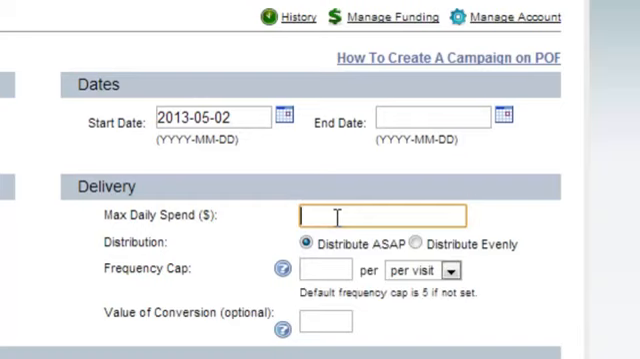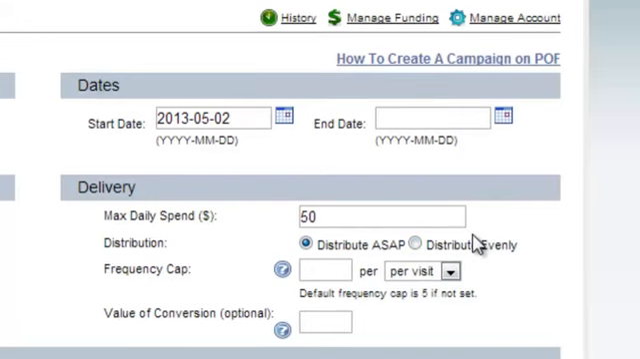I'll set this to a $50 daily spend for this campaign. Now we have the option to distribute it right away or to distribute it evenly. And typically newer advertisers want to distribute evenly so that they can spread their daily spend throughout a 24-hour period. But for those who want to gather as much data as they can in their campaign, the ASAP option is